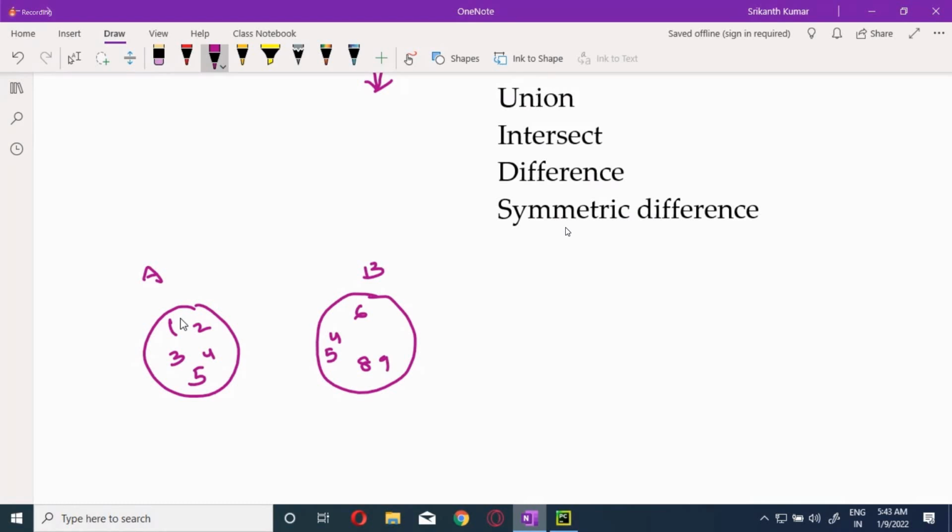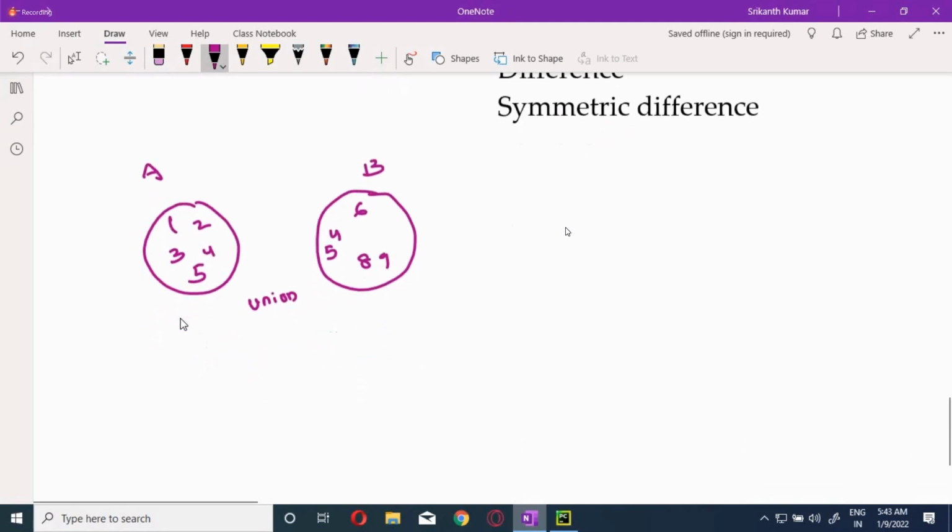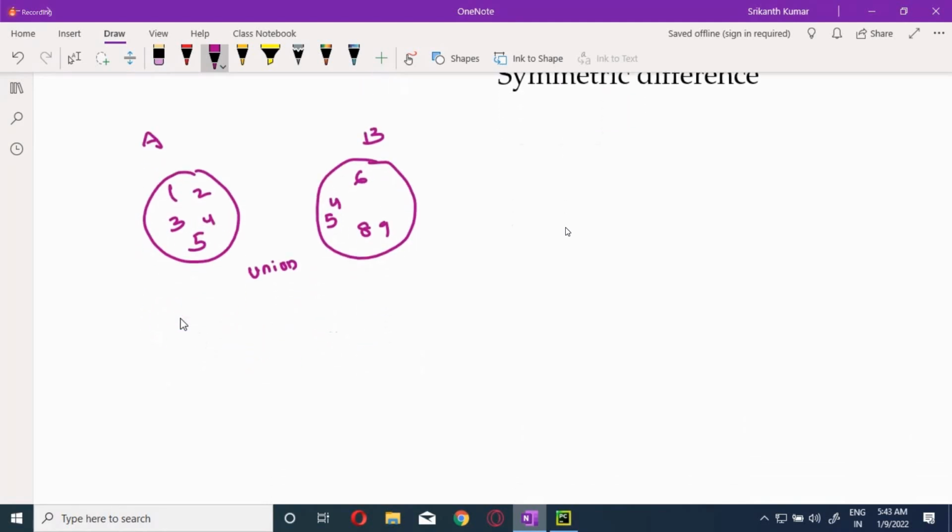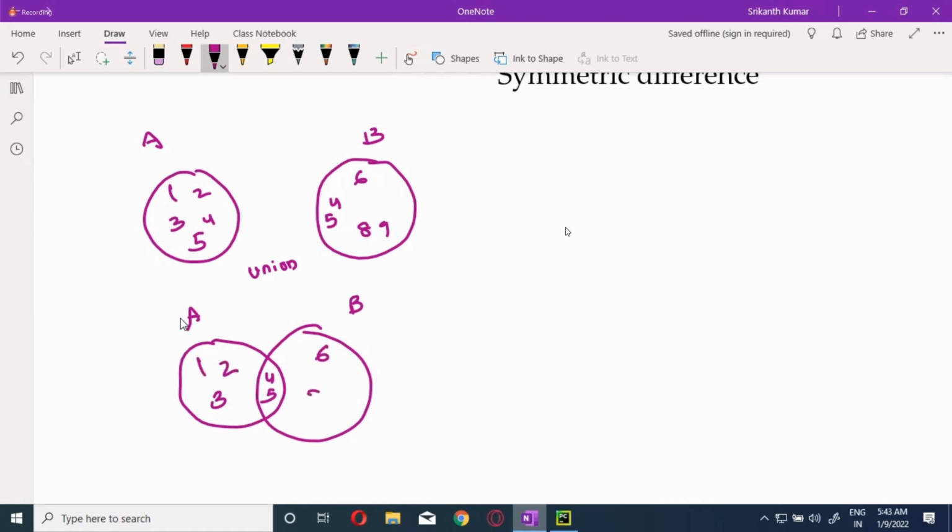When you do the union, we are going to merge them like this. This is the first set, this is the second set. What are the common ones? 4, 5 will come in the middle, the intersection of A and B. Then 1, 2 and 3 will be here, and 6, 8 and 9 here.